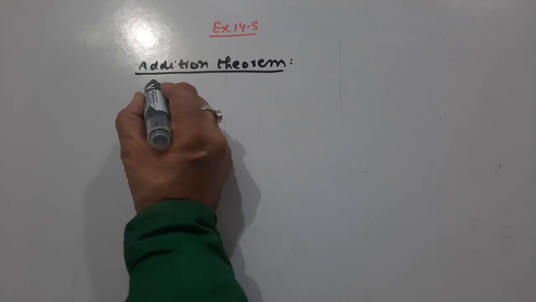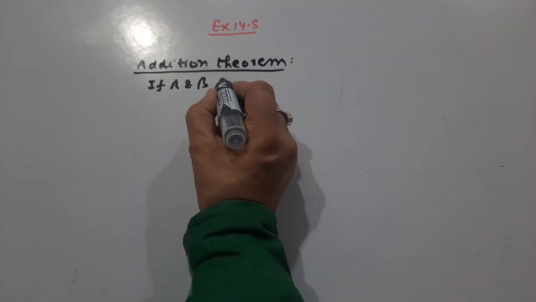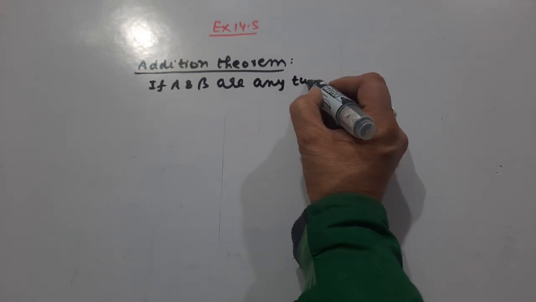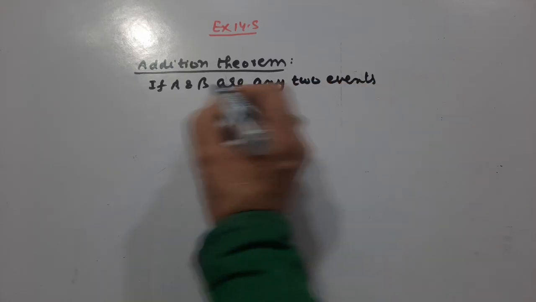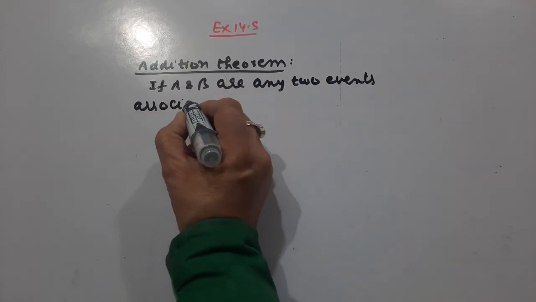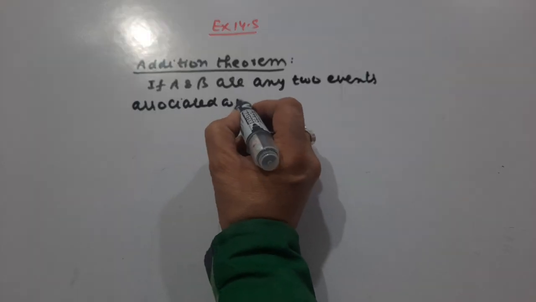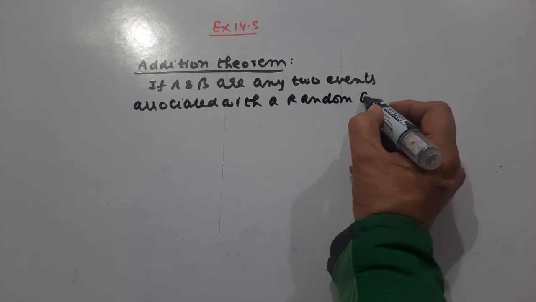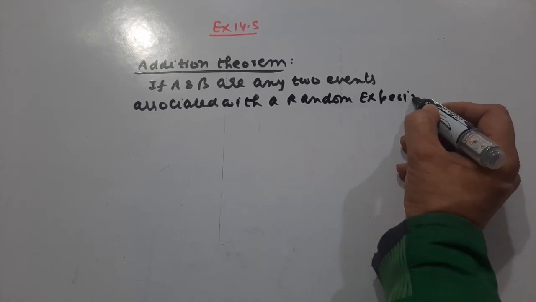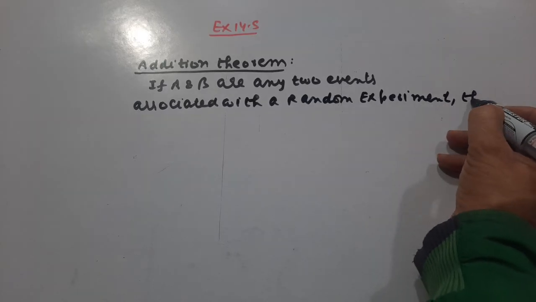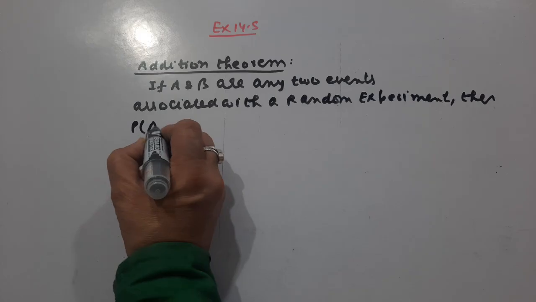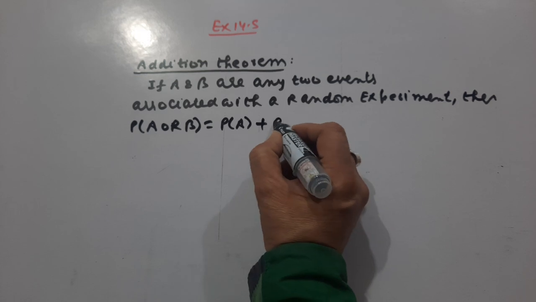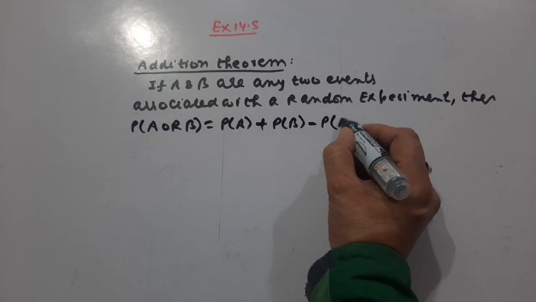So, addition theorem is: if A and B are any two events associated with a random experiment, then P of A or B is equal to P of A plus P of B minus P of A and B,